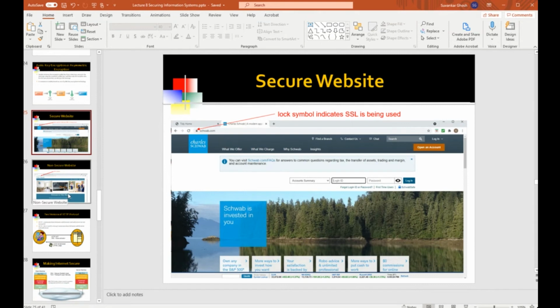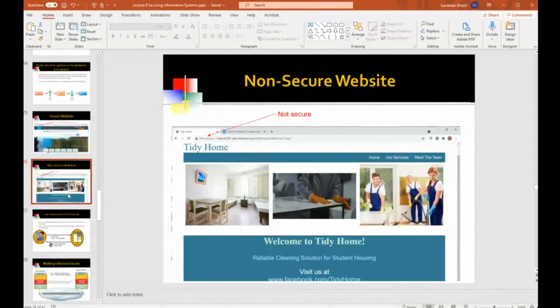The other type of website does not use encryption. Most browsers will tell you if that padlock is not appearing, if that lock icon is not appearing, that means the website is not a secure website. Now, if you're interacting with this website, you're typing in your username and password, well, everybody can see it. If this website requires you to log into it, and so you type in a username and password, then everybody can see it. It's not a secure website.